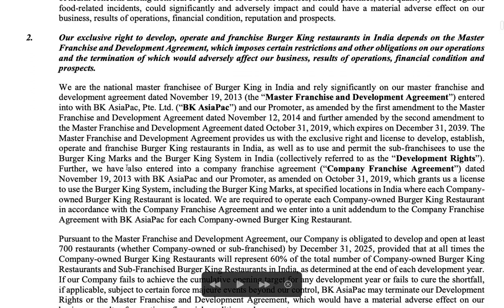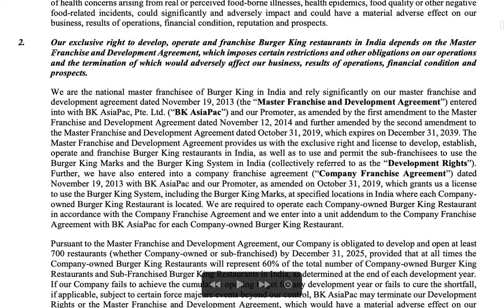All right. A second risk factor, I'm just going to take a couple of examples here. Our exclusive right to develop, operate, and franchise Burger King restaurants in India depends upon a master franchise and development agreement. Now, I'm assuming that they have entered into this franchise agreement with, let's see who they have entered into. That we have entered into a national master franchise with BK Asia Pacific or Asia Pacific Private Limited and our